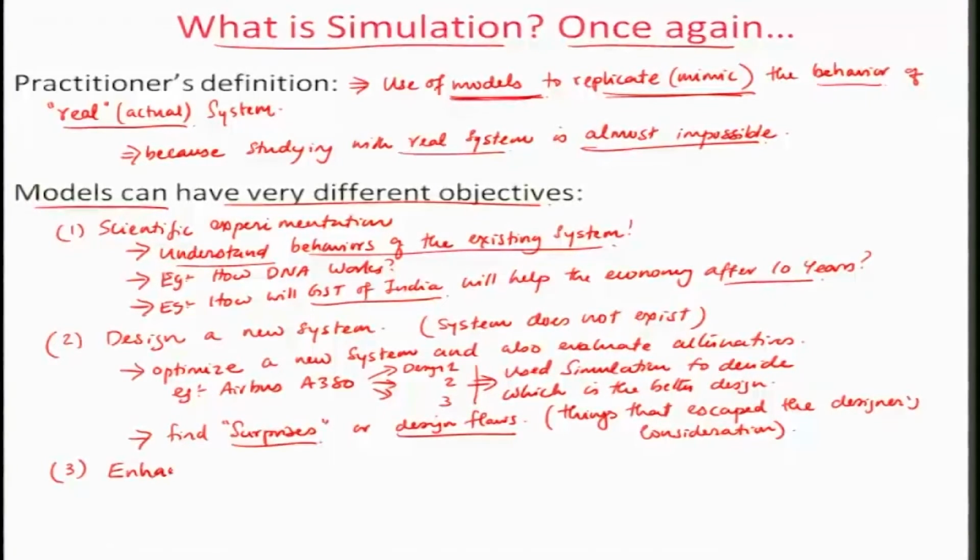Then the third one is to enhance understanding of the system. Okay. So, here it is called know more. You want to know more about the system, you want to understand much more about what the system is. So, here the system exists, but you want to know more details of it.